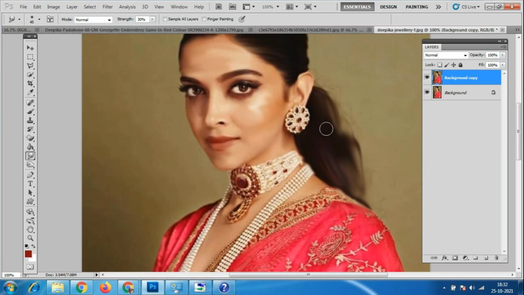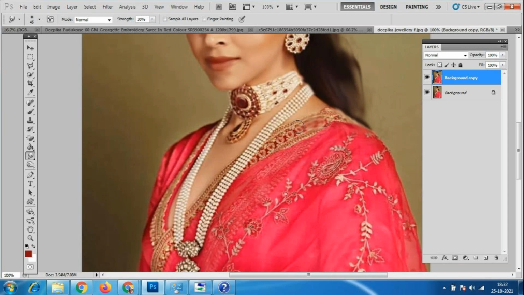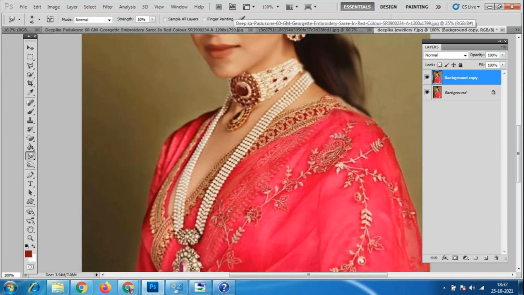So we'll use the painting tool. So how the things will come. So everything which is not clear. So I will use the strength will be 10%. Maybe little blur things I will apply here.